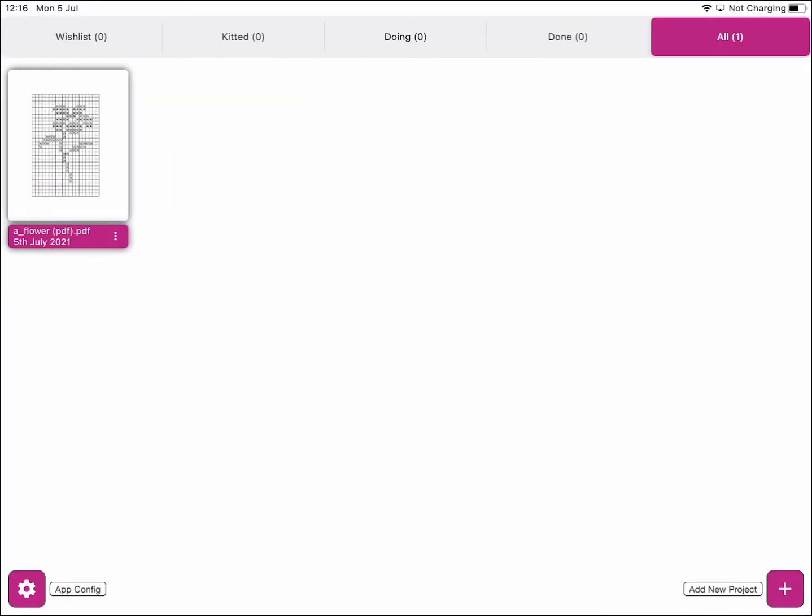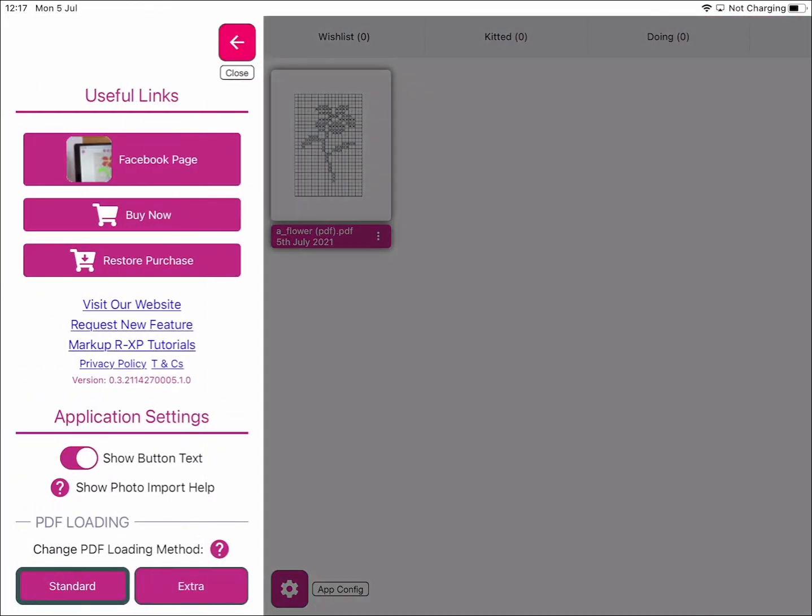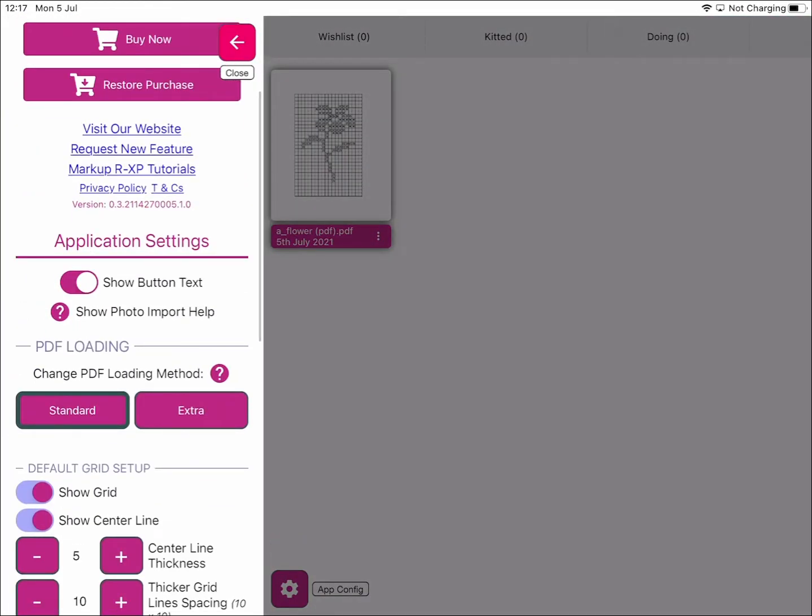Okay, so the main changes in 0.3 have been under the covers. In version 0.1, when we first released about 4 weeks ago, we were notified that people were getting blurry symbols. So we introduced the concept of the standard and extra options here, to say if you want more detail on your chart, you can go for that extra mode.